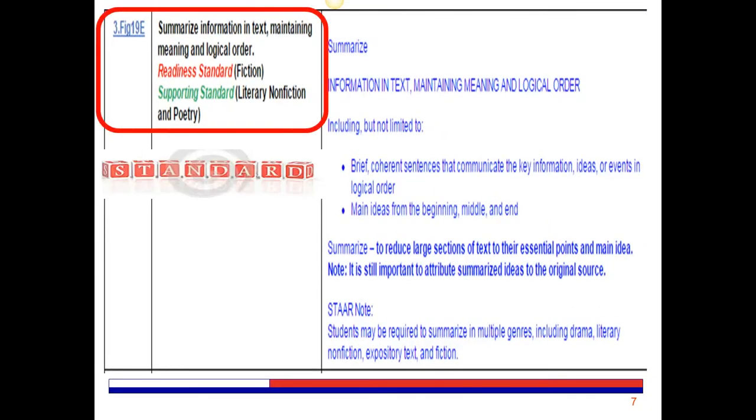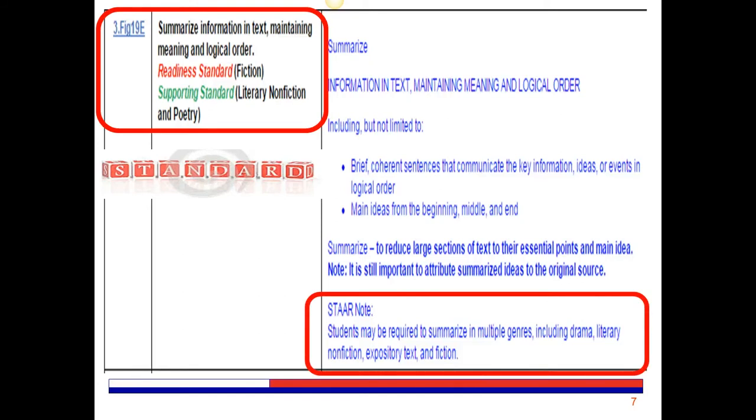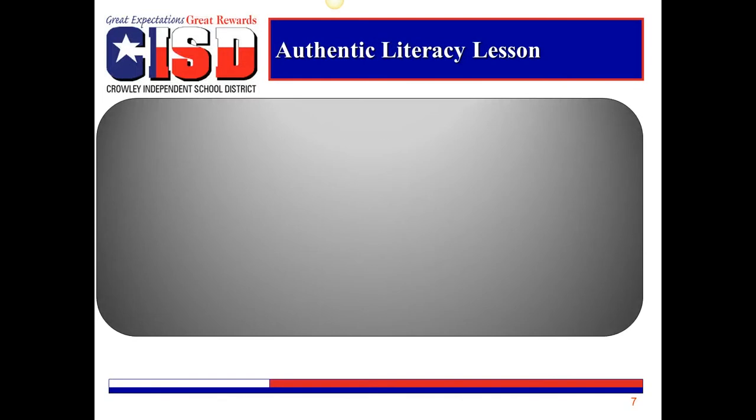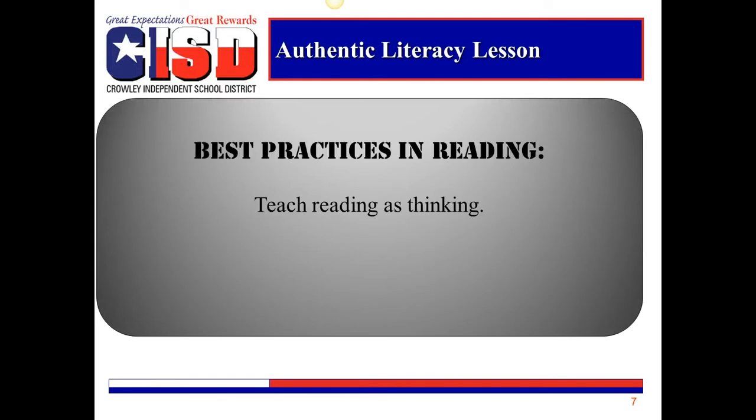Summarize information in text, maintaining meaning and logical order. Note that students may be required to summarize in multiple genres, including drama, literary nonfiction, expository text, and fiction. One best practice we'll look at today is teach reading as thinking. Reading is a cognitive process, an active, constructive, creative, higher-order thinking activity that involves distinctive thinking strategies before, during, and